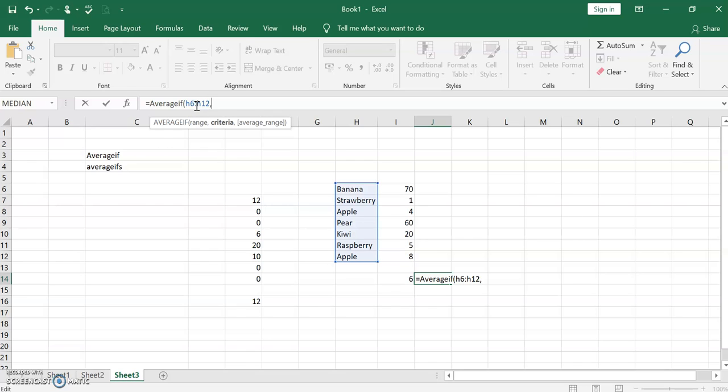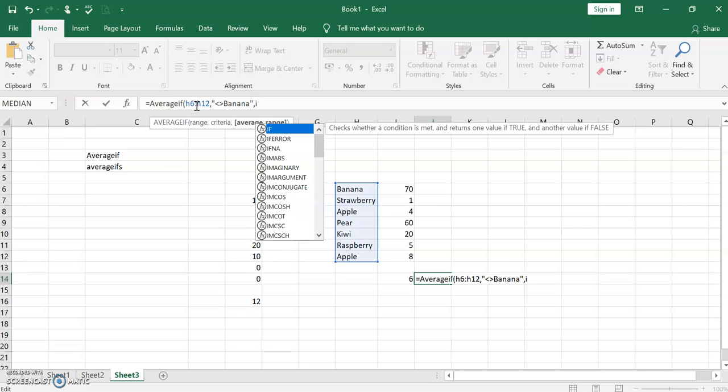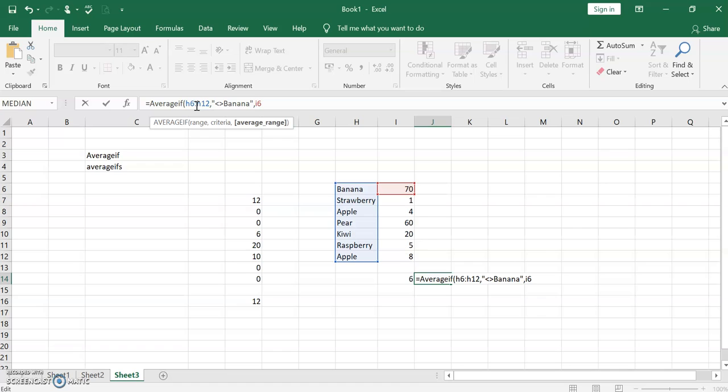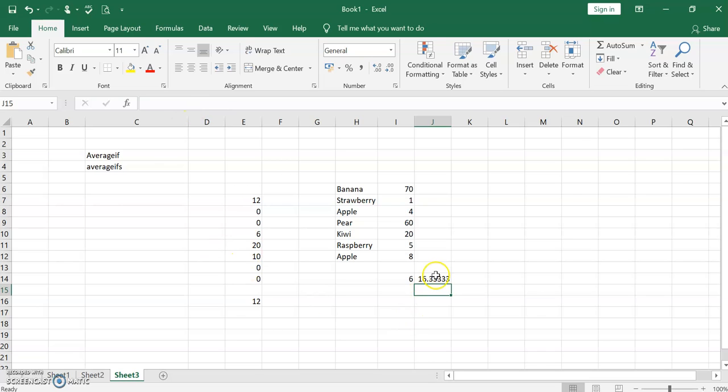I don't want banana alone, so I put that in quotes with the not-equal operator. The average range is I6 to I12. Close the parenthesis. That will give the average excluding banana 70.